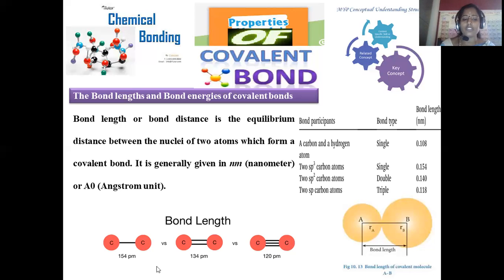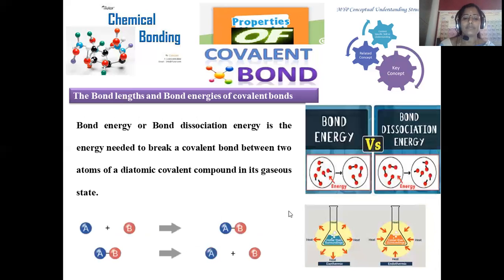That is also measured in picometers. Carbon-carbon single bond length will be 154 picometers, and we mentioned it in nanometers as 0.154. In terms of carbon-carbon double bond, 134 picometers, that will be 0.134 nanometers. And carbon-carbon triple bond will be 120 picometers. It can be measured as 0.120 nanometers. This kind of representation is possible for bond length. Again, I am defining the internuclear distance between the covalently bonded atoms as the bond length.